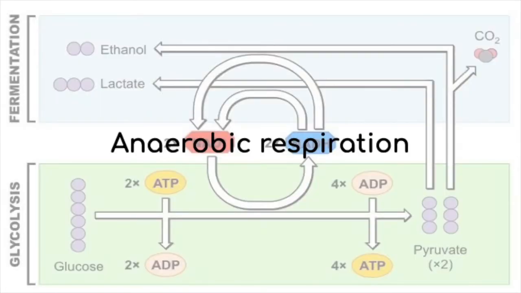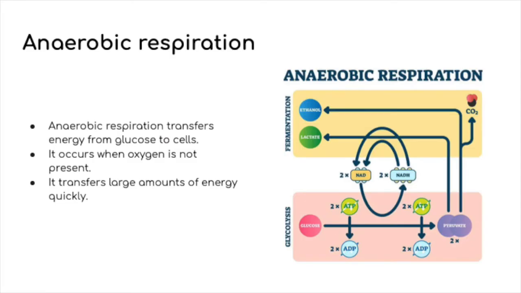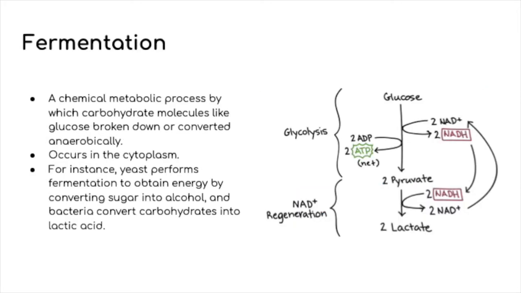Anaerobic respiration. Anaerobic respiration is the process that transfers energy from glucose to cells. It occurs when oxygen is not present, and it transfers large amounts of energy quickly. Fermentation. Fermentation is a chemical process by which molecules, such as glucose, are broken down anaerobically. More broadly, fermentation is the foaming that occurs during the manufacture of wine and beer,